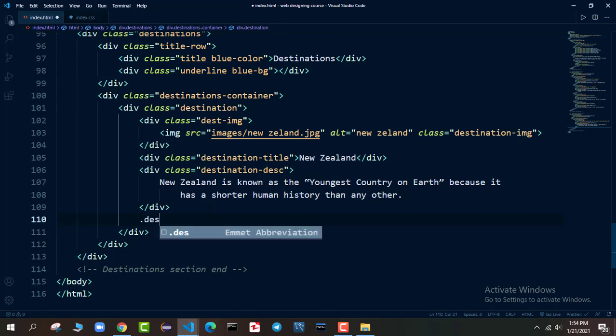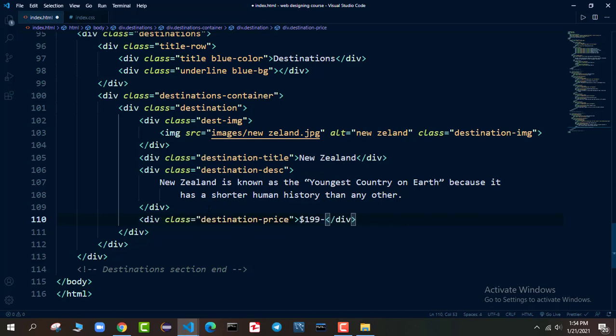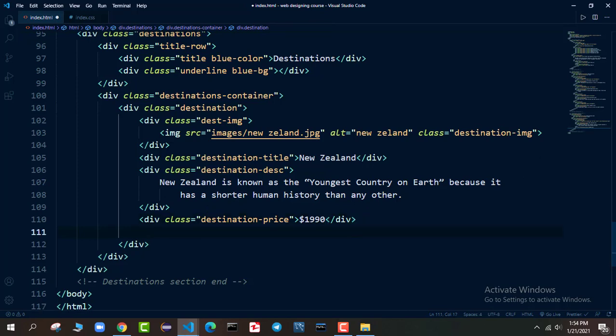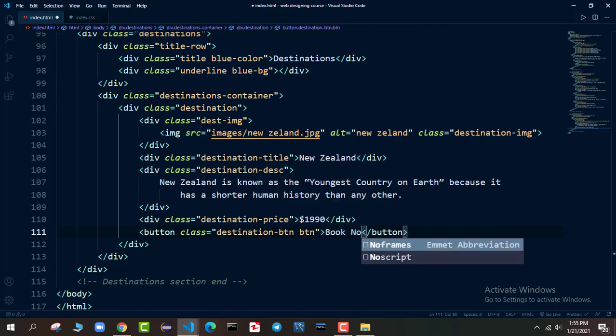So I will say dot destination price, and the price to travel this country is $1,990. After that, I will come down, I will create a button. I will say button, and I will provide the class as destination btn and a btn journal class as well, and the text will be book now. That's all that we need to do here.